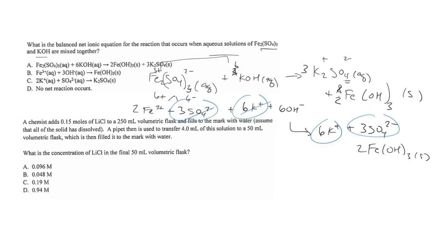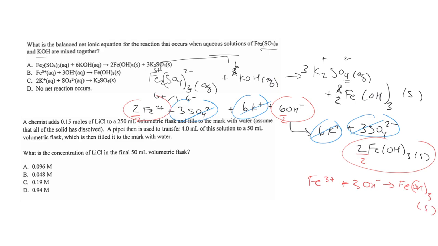So then we can cancel them out from the net change. So the net reaction, the net ionic equation, would be 2 Fe3+ plus 6 OH- go to 2 Fe(OH)3(s). But then I notice that for my net ionic equation I can divide all these by 2 and get whole numbers. So I can reduce that down to just Fe3+ plus 3 OH- forms the Fe(OH)3